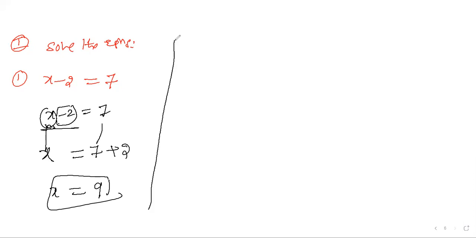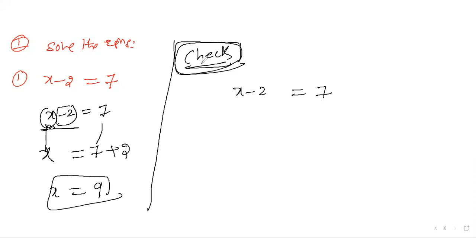I told you a check process is also available, to see whether your answers are correct or not. I told you many times. What is the solution of an equation? It means this x equal to 9 satisfies this equation. Is it satisfying or not? You can check it out. First you take the question. Check process: the value x equal to 9 is the answer. You substitute it in the equation.